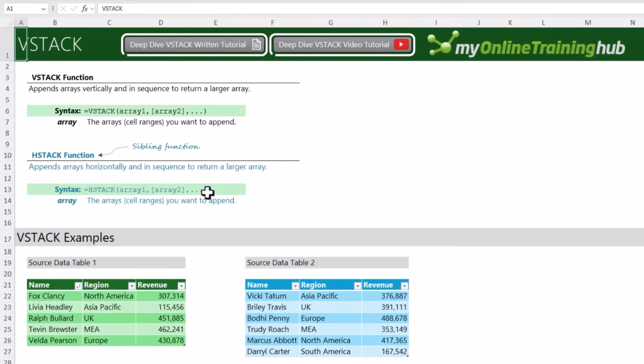In the deep dive lessons linked to here in the file download, I cover another way to handle zeros, as well as loads more example uses of VStack, and the sibling function HStack, which handles horizontal stacking, so be sure